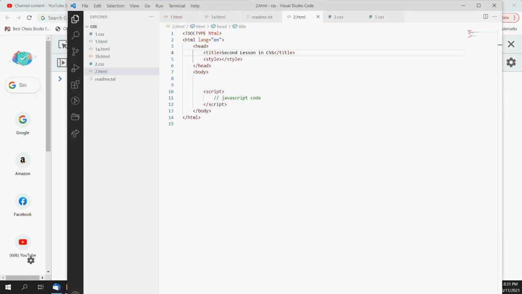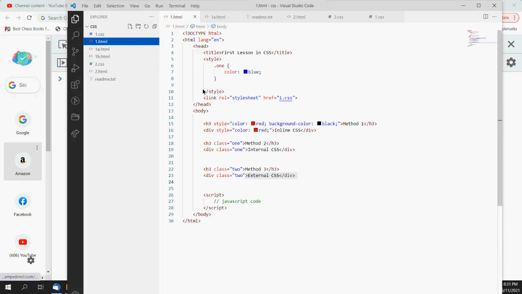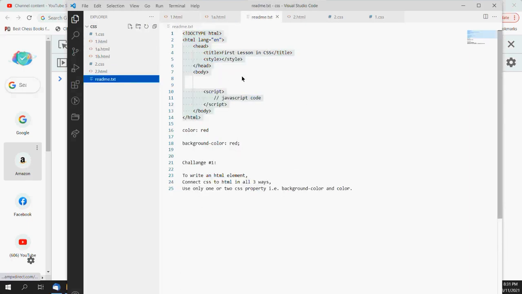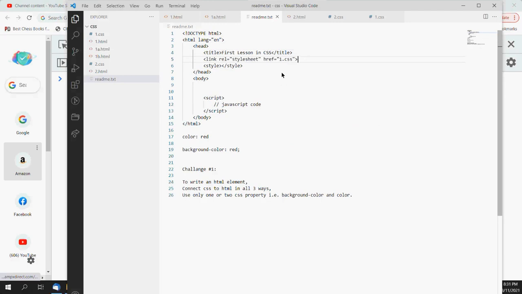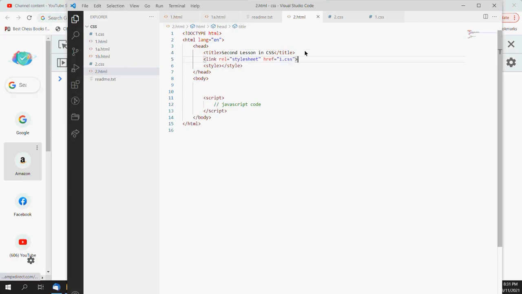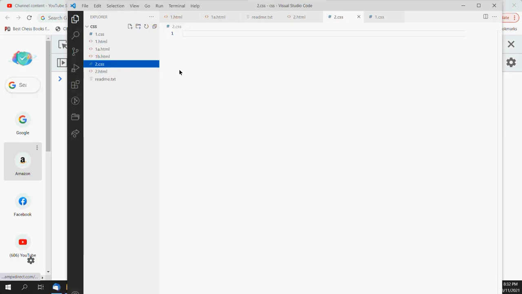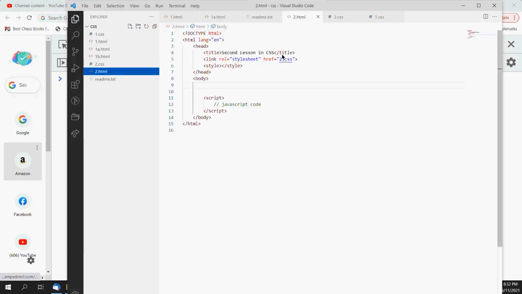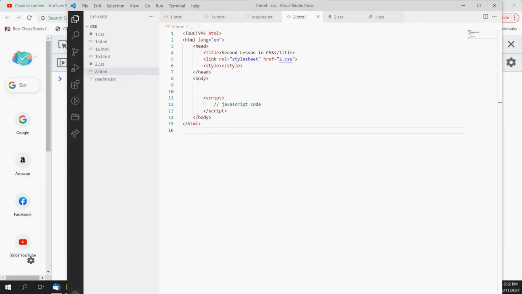So whatever I showed you on that day. Okay. And I will link also that file as I did here in this one.html. Okay, so like this I will link in my 2.html, I will link to 2.css. So whatever CSS I write here, it is linked to the 2.html, and we can do some practical examples here now. So let's talk about